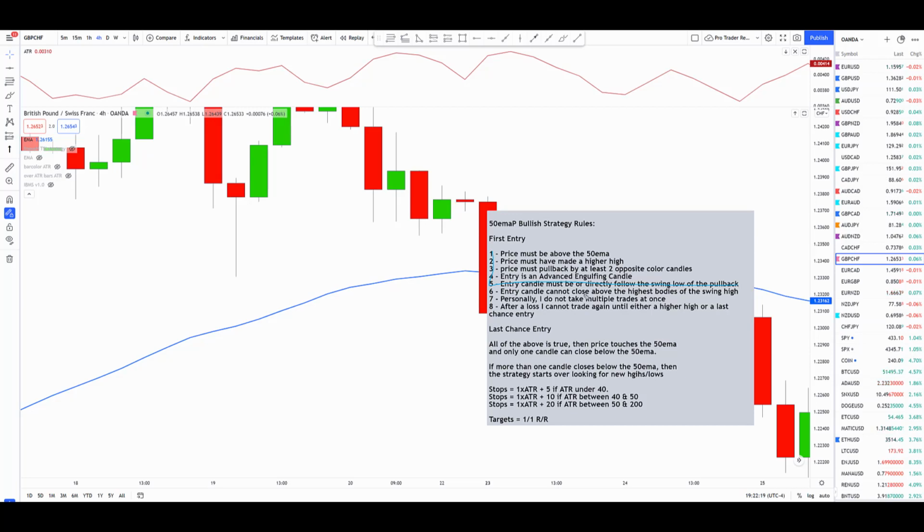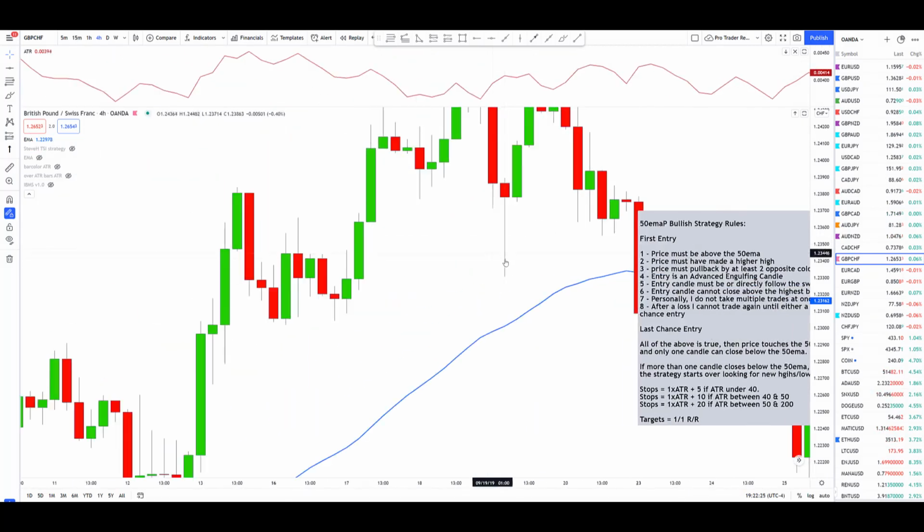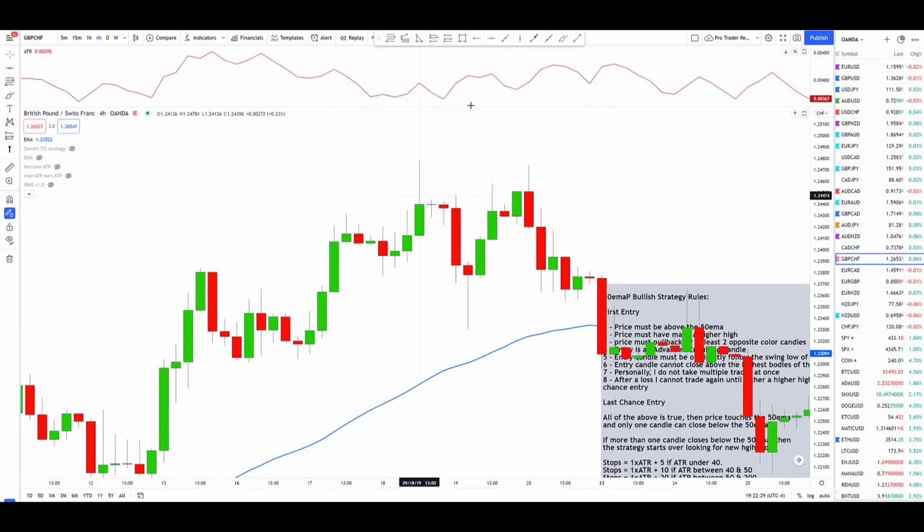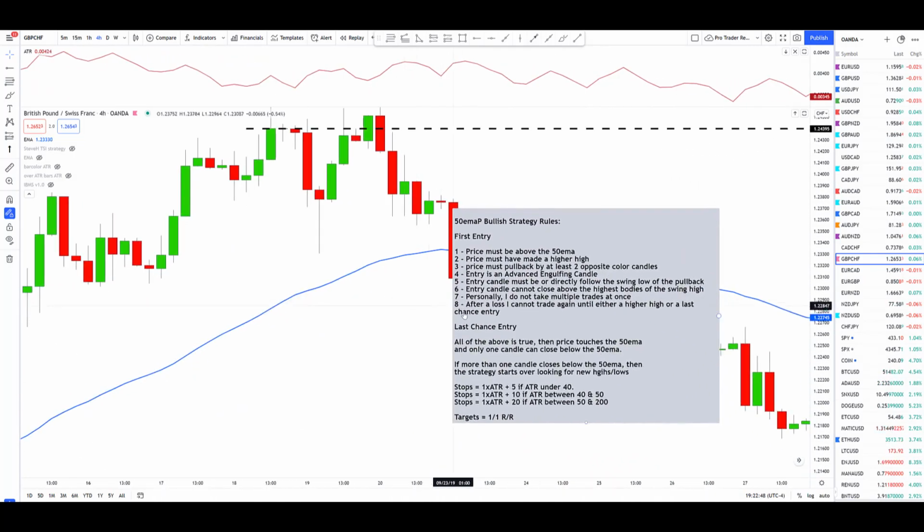What's the next rule? Our entry candle cannot close above the highest bodies of the swing high. So if I zoom back out here and we look at the highest bodies of the swing high, which is where, by the way? That would be right here. So this is the highest bodies of this swing high, right? So with that being the case, does our entry candle close up here above this? No, it does not. So with all of that coming together, we now have all of the rules met to